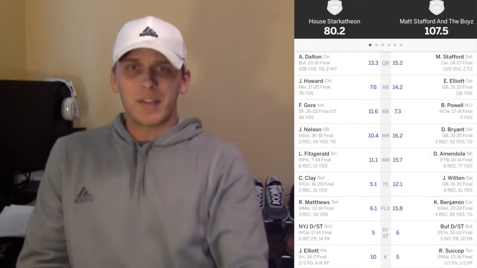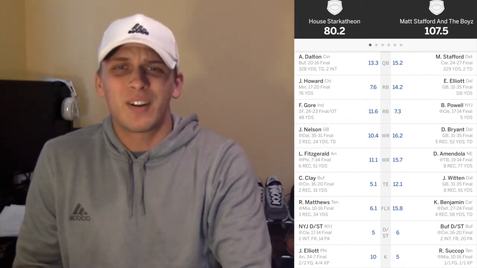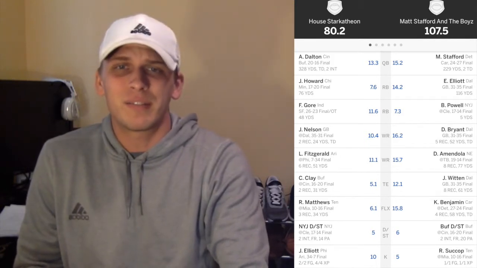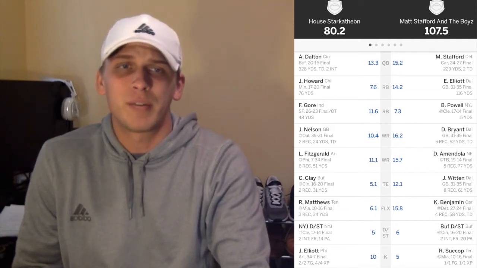Let's get on to the Week 5 matchups. First matchup we're going to go over, House Starkathion, Hunter's team versus my team, Matt Stafford and the boys. I came out victorious, 107-80. Hunter, your team didn't do well. Jordy and Fitz are not doing their usual thing. Jordy only had 10, Fitz had 11. That's not good. If both of them put up like 20 like they should, it would have been closer,